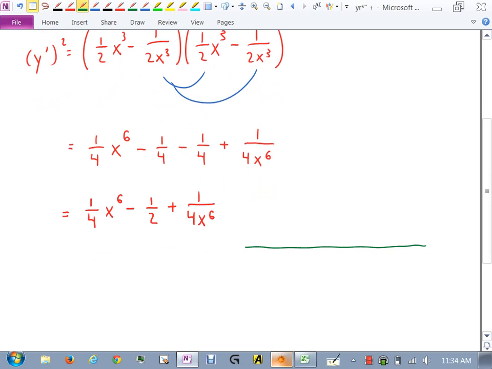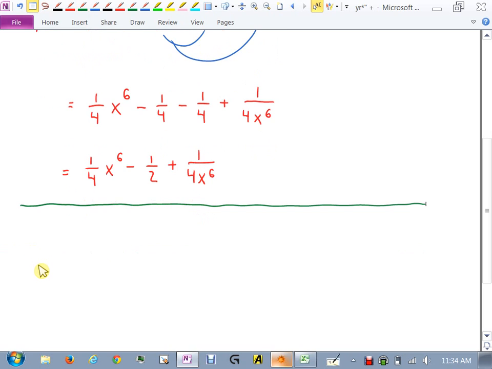Now, I think I've learned after enough of the last few examples that I need 1 plus that underneath the root, right? So I'm going to do that now, like scratch work. What's 1 plus y prime squared? Let's figure out what that is. So just add 1 to this, right? And it turns this negative 1/2 into a positive 1/2 when you add. So now we have 1/4 x to the 6th plus 1/2 plus 1 over 4x to the 6th. And I'm supposed to take the square root of that